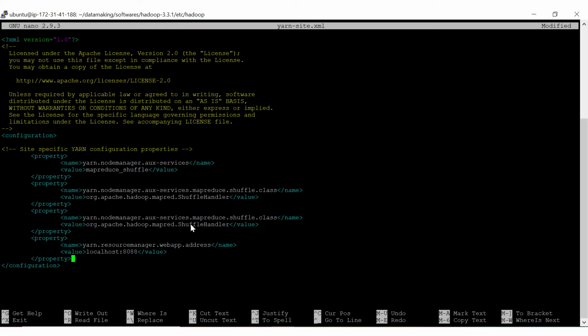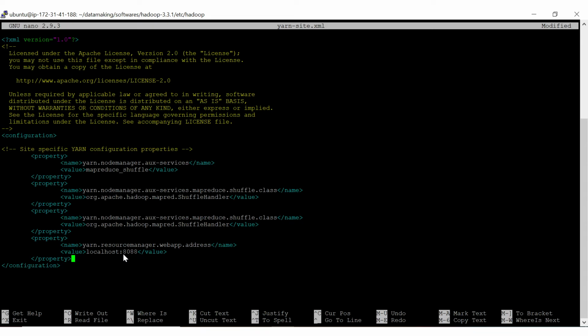You provide all this information, and finally the YARN web UI URL, on which port I can access the YARN web UI or YARN dashboard. That is defined here as localhost:8088. This you should also provide as the EC2 instance internal IP address rather than localhost.